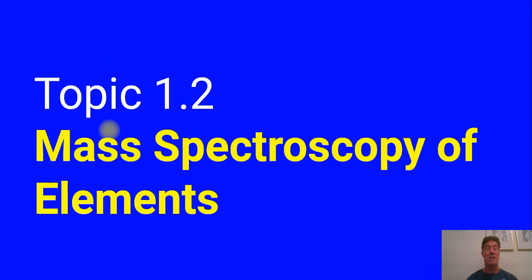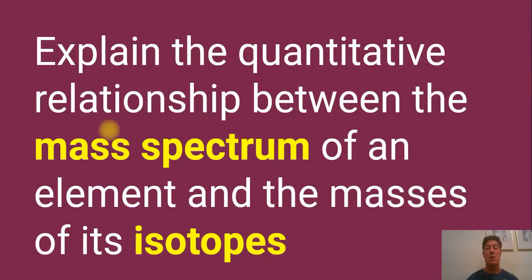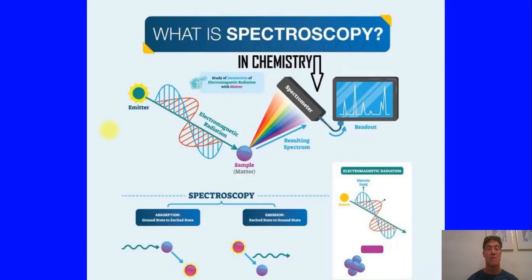All right, that takes us to our second topic, mass spectroscopy of elements. And this will help us explain the quantitative relationship between the mass spectrum of an element and the masses of its isotopes. So spectroscopy is where we study the interaction of electromagnetic radiation with matter. So we can bombard a sample of matter here with electromagnetic radiation, and it will absorb some of that radiation and then give off a spectrum,